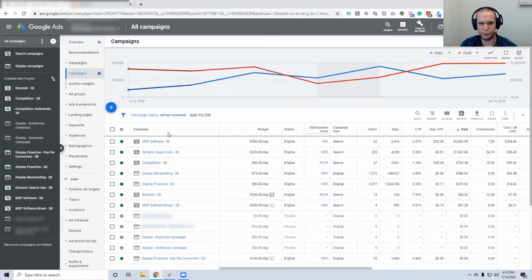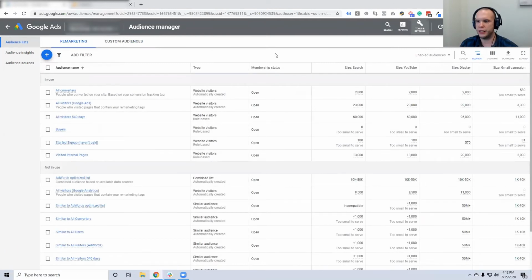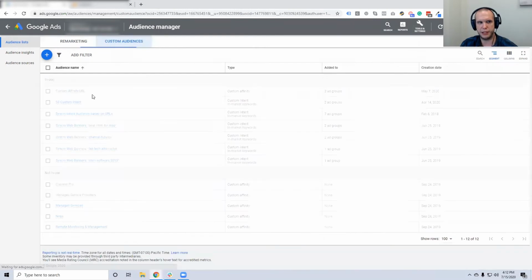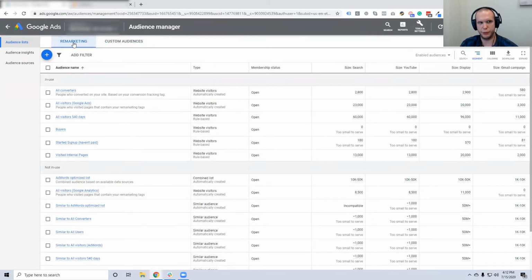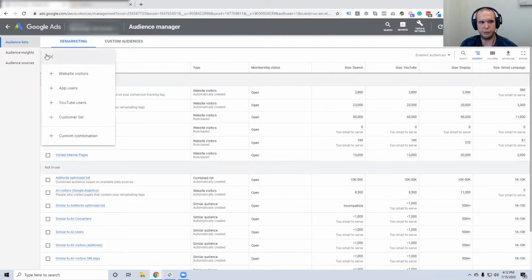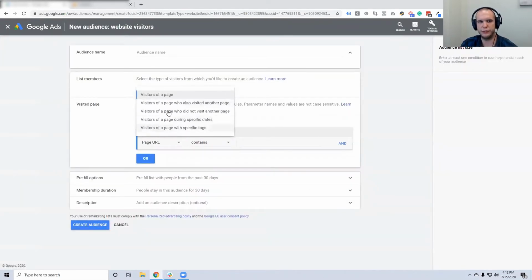But when you make it to kind of your homepage of Google Ads, go up to the top right, click on Tools and Settings, and then Audience Manager. Inside Audience Manager, you should default to Audience Lists and Remarketing. Now you can make custom audiences, but that's proactive marketing, those are new audiences. But in your remarketing, for example, you can click on this plus symbol here. And if we're looking at website visitors for building remarketing lists, you can say, visitor of a page, or you get kind of limited